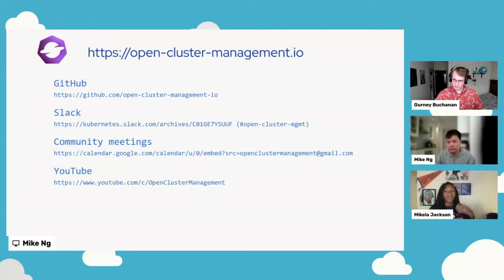And so if you see something wrong, a misspelling, or even maybe we're using the wrong API or something that's described, you could create an issue, describe what the problem is, and then that will eventually be solved. Or you can solve it on your own, and you can create a pull request and get it reviewed by one of the maintainers and things of that nature. So you can contribute to different projects within open cluster management.